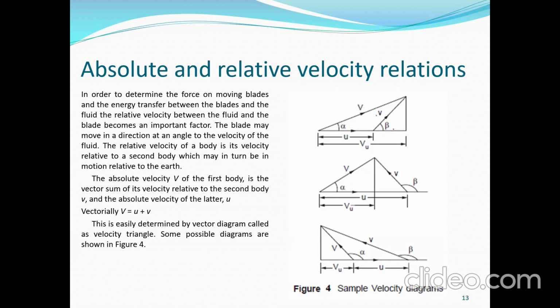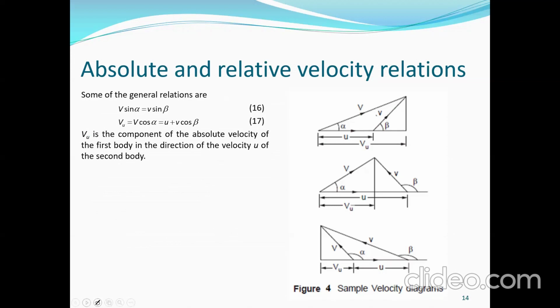So tandaan nyo itong mga velocity diagram. Okay? So later, this ano yung V, absolute velocity, and the blade velocity. Ito yung relative velocity ng absolute sa blade. Yung difference ng velocity nila. Diba? Ito is the component of absolute velocity in line sa blade or tangential. So, some of the general relations are V times sine alpha is equal to v, small letter v,